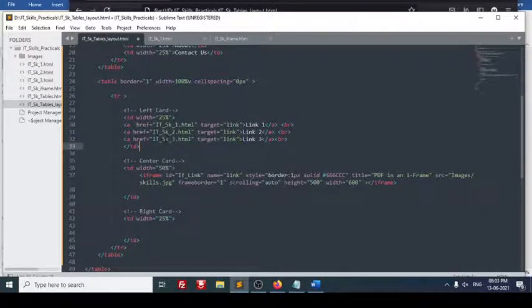So as soon as you click on this, instead of opening in a separate window or in the same window by replacing the existing window, it will open in the iframe, because the iframe is named link. Width and height you can change according to your requirement, colors and all these things. SRC is for when you want to display the first page in this. Say I want to display the first page as itskills1. So instead of this image JPG, I will put itskills1 here. I will change it. Correct? So let us make it more interactive.